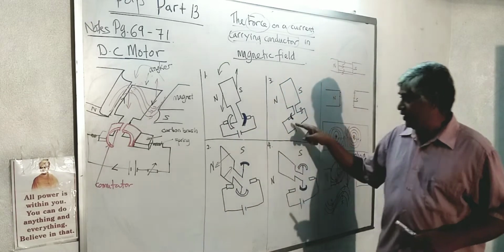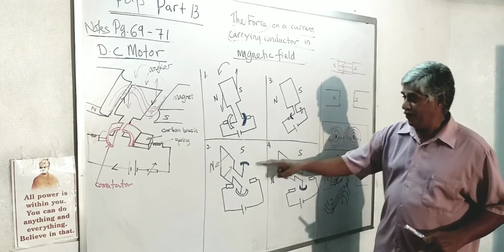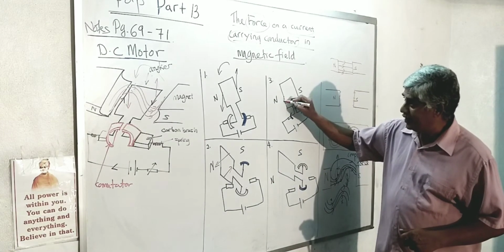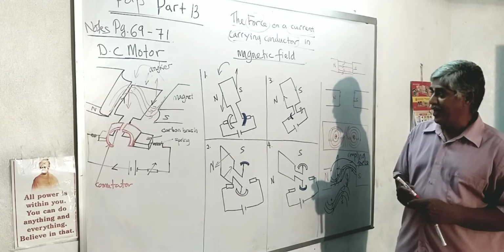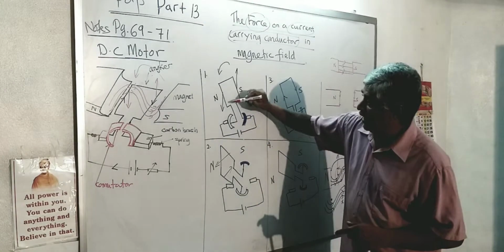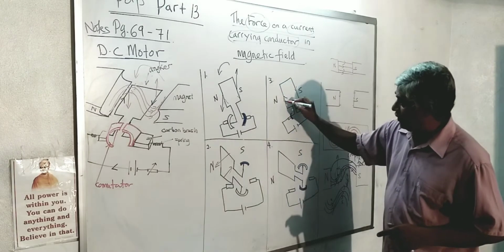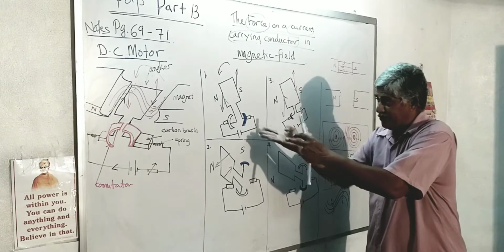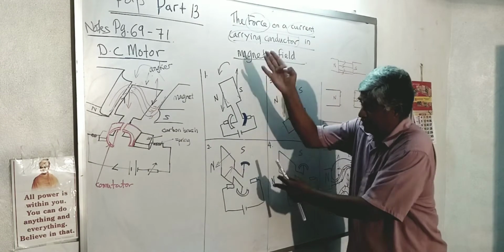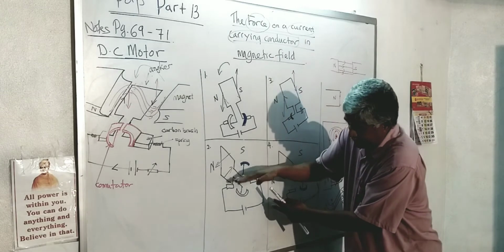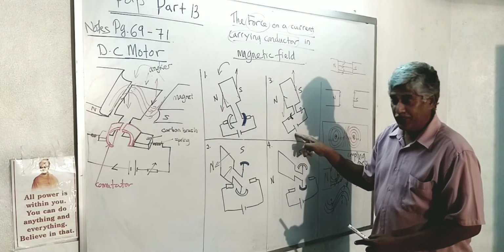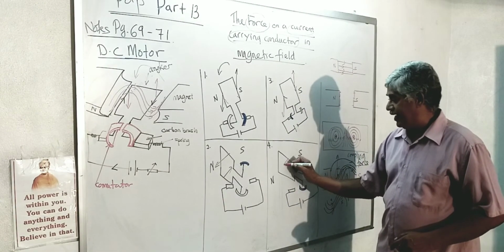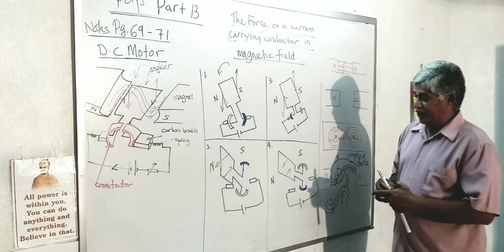So when it starts to move, over here it comes here already. The dark commutator is already here, the bright one is already here. So what happens? The current still moves in the same direction. As long as the current enters, as you can see here, the force here will be down. Over here the force will be up. So what happened? Just now, due to the force effect, once you switch on the circuit, it starts moving. Due to inertia, it goes vertical and then starts moving down to touch. And now it gets another pushing force, so it rotates. So it goes up again and then the rotation continues.